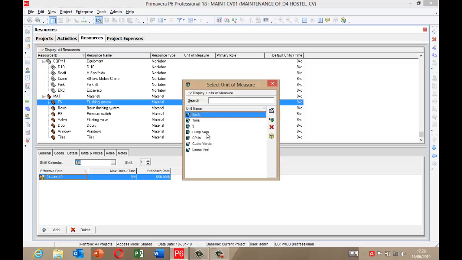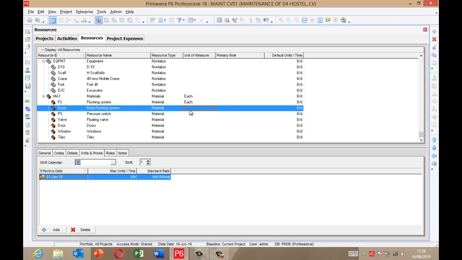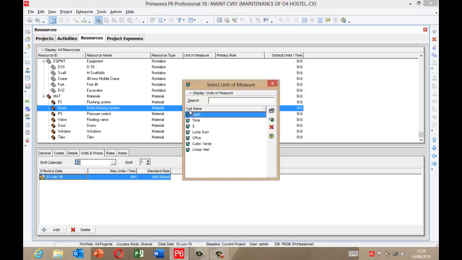here and change it to, okay, let's see, display the unit measure that we have here. If I want to change what I have here, come here and change it to each. So if it's not the right unit of measure to use, it will not accept it. So I move to the next one, change it to each,